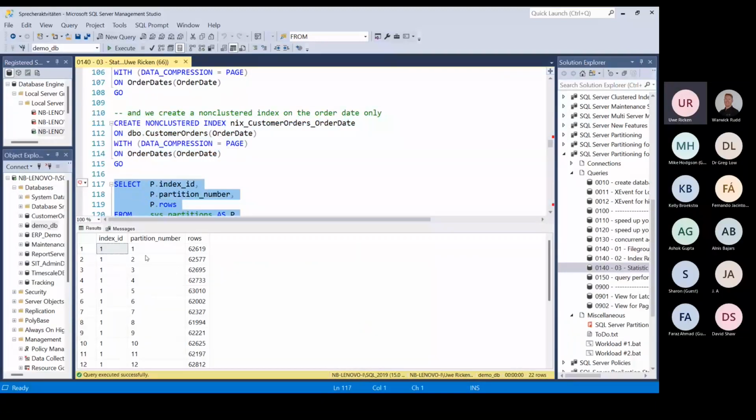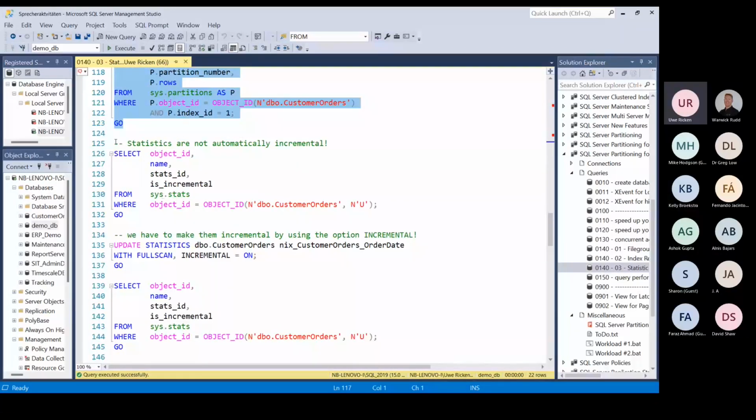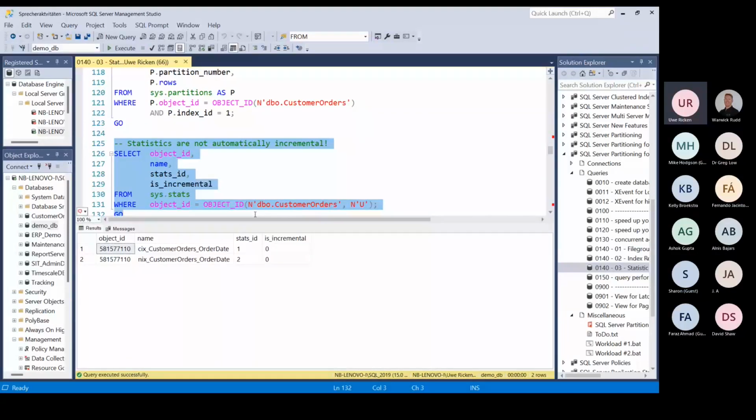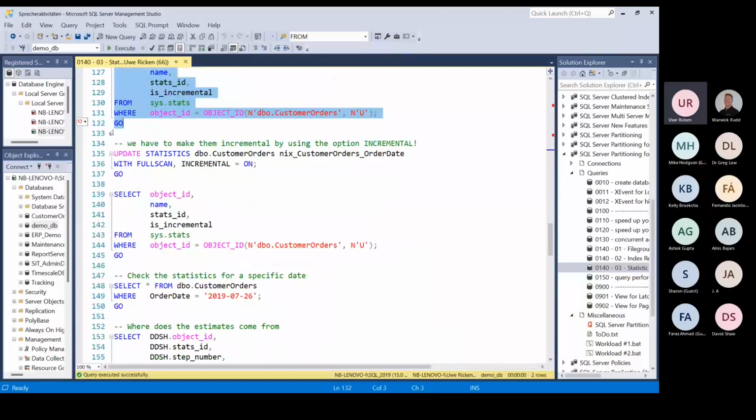And that's it. So these are my partitions, my dedicated rows in it, and see my statistics. Excuse me. So these are my indexes here. My statistics, and I run an update. If you want to, this is important. If you want to make